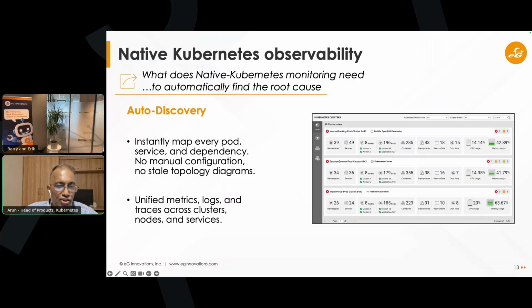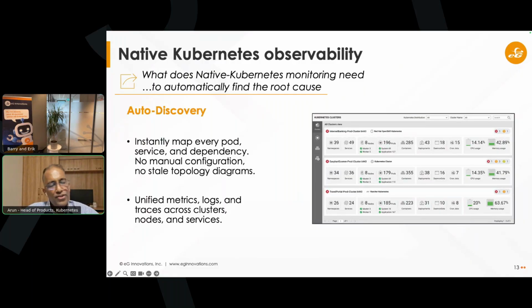And you'll see in EG supports EG operator, a Red Hat certified Kubernetes operator that's touch-free, and it automatically instruments your underlying apps within containers, the pods themselves, the containers, and the underlying host infrastructure, the node and the host infrastructure. And you need the ability to map them and visualize their dependencies without any manual setup.